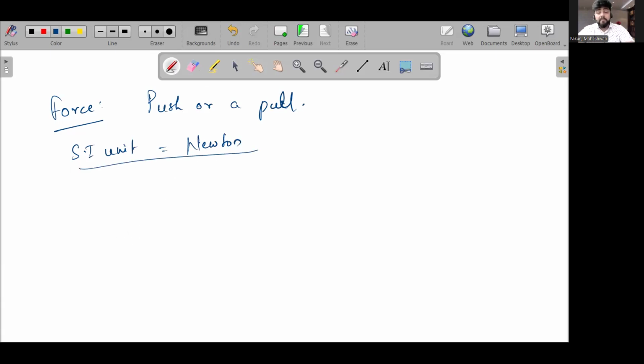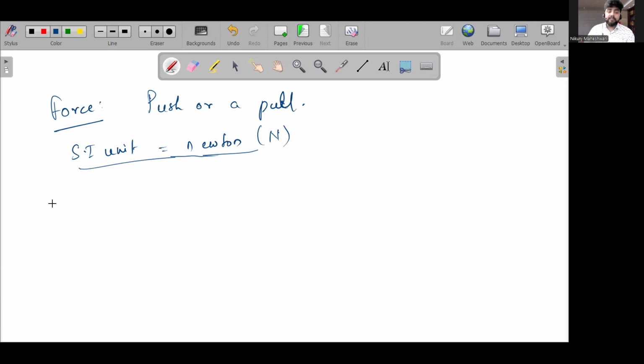But if you have already marked, or if someone has marked, I have made a mistake here. The mistake is I cannot write the SI unit with a capital letter. Otherwise, that would be the name of Sir Isaac Newton. If I want to refer to it as the SI unit, I need to write the n small. But when I symbolize it, I can write it capital N. These are some of the rules when you write the SI unit. Anyway, force is a push or pull on an object, and the SI unit is newton.